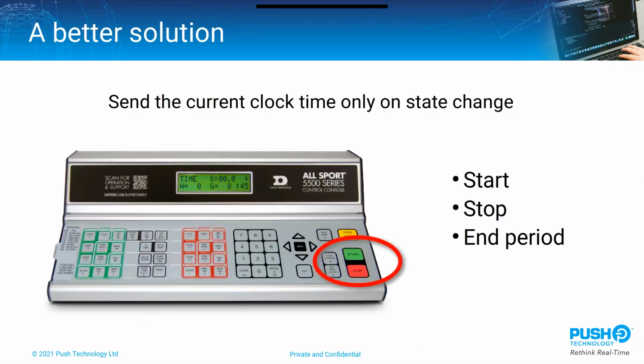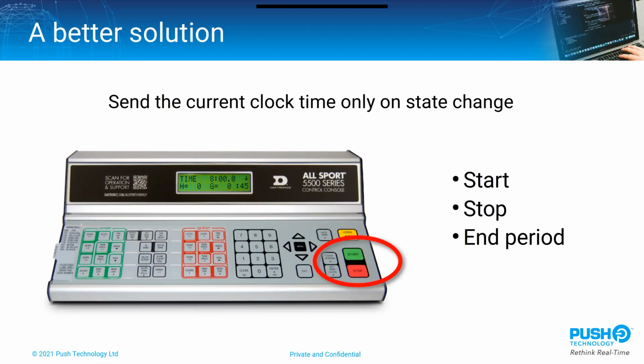Now, rather than sending per second updates, we could instead consider the operations that are performed on a clock. So, ladies and gentlemen, I give you the Daktronics All Sport 5500. This is a professional multi-sport scoreboard driver. It allows events to manage all kinds of details of scoring, including the timing aspects. Actually, we're not really concerned with this piece of hardware for our use case, but you can note that it has a couple of really big colorful buttons for driving the event clock in the bottom right-hand corner, start and